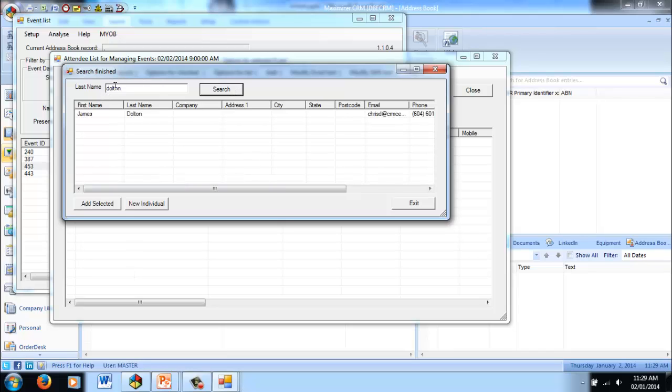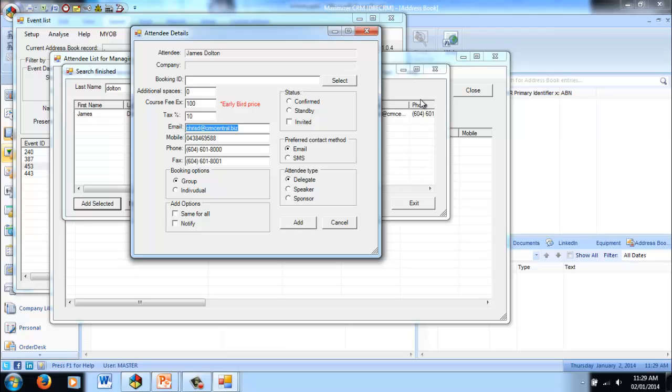First of all, I'm going to search for James in our Maximizer database, select him and click on Add Selected. If I want to link James with an existing booking, I can click on Select. By linking attendees to the same booking, we can control invoicing and do things like group people at a particular table or a